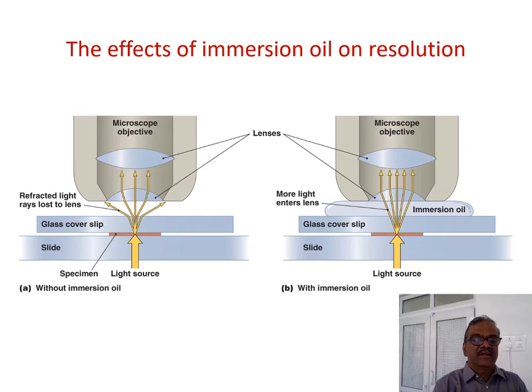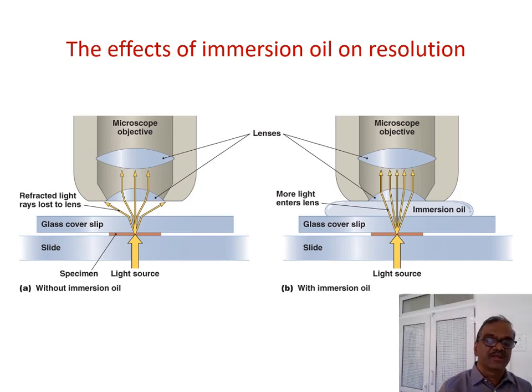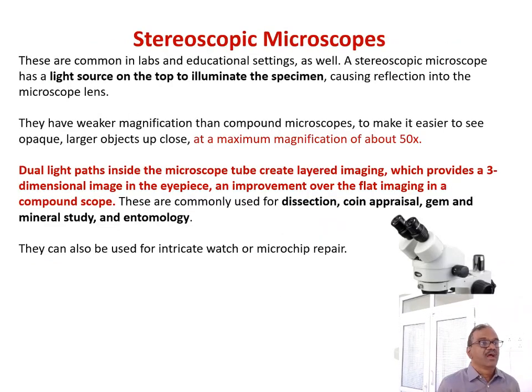Okay, you can see that the refraction on both sides doesn't occur because of the oil you are putting, a drop. Immersion oil, here in this layer you can see an immersion oil. So more light enters the lens, whereas here without the oil, glass with the cover slip, the refracted light is deflected sideways, so it is not focused towards the lens. Okay, then you can see it. This is the principle for oil immersion. Okay, then what is the